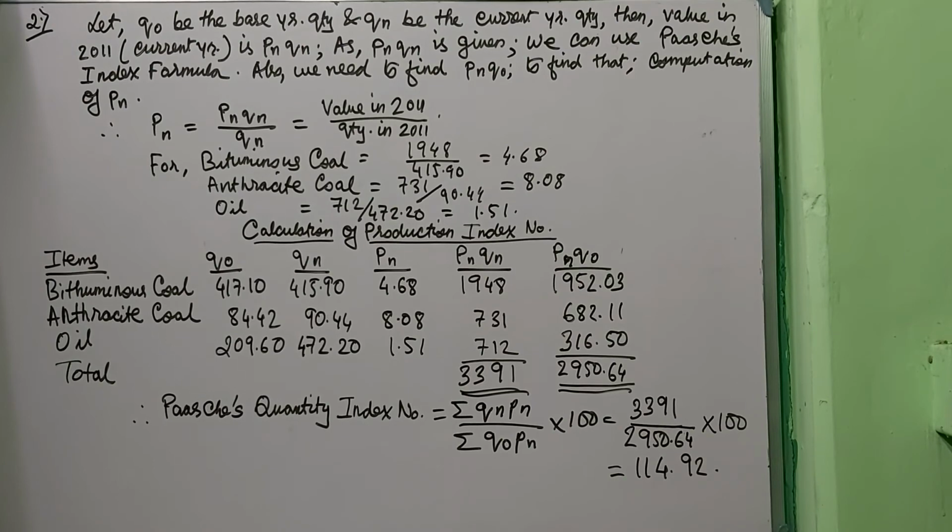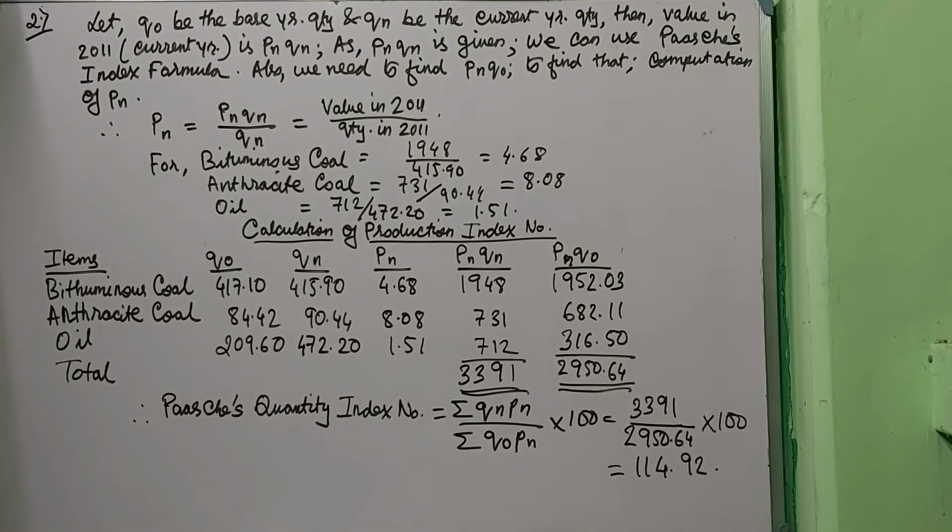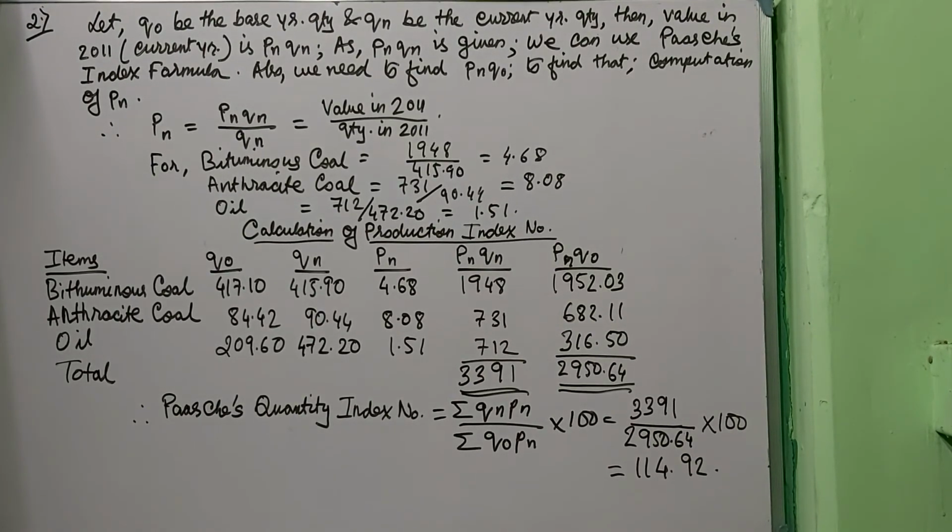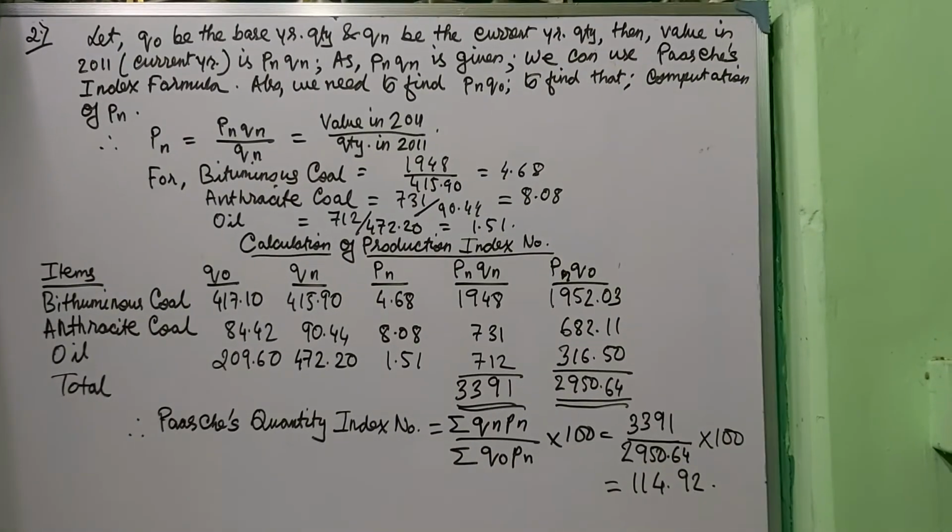This is the quantity index. You have to place the Q first and then P. I have provided you the chart. Just follow the chart and put the formula and you can easily solve it. But here you have to find out the Pn first. So that is the reason I have made it in detail so that you can understand clearly how it has to be done.